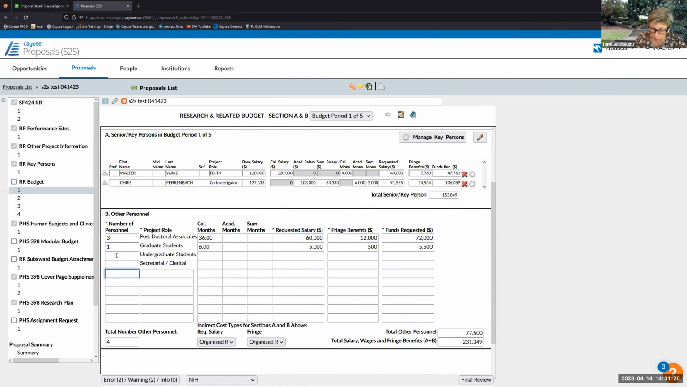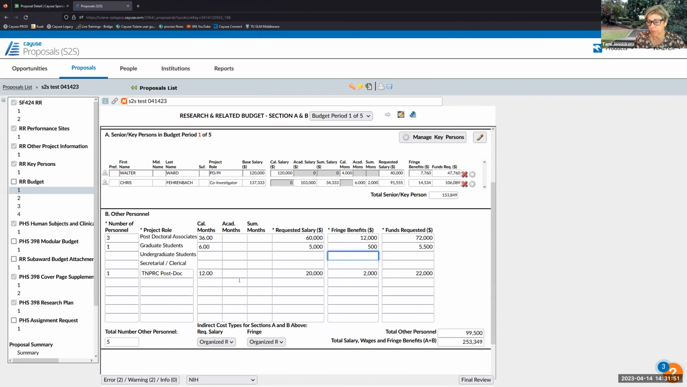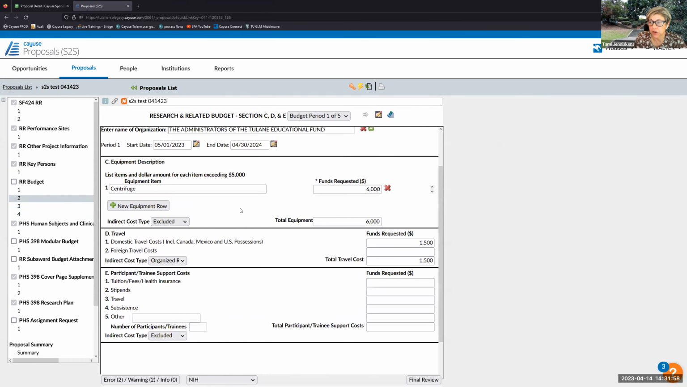But under the other personnel, we recommend that if there's a postdoc that's a TNPRC postdoc, then separate those out and put their budget information in. That way, it's a little bit helpful to you that when we're going to that indirect cost section, you're able to see most of the categories that should be under that 75% threshold. Okay, you can go to the next page if you want. Okay, so